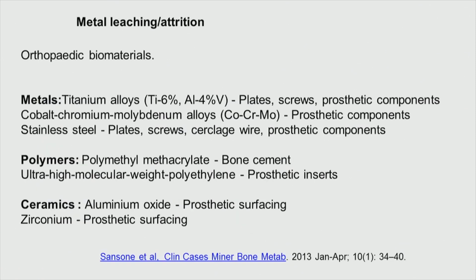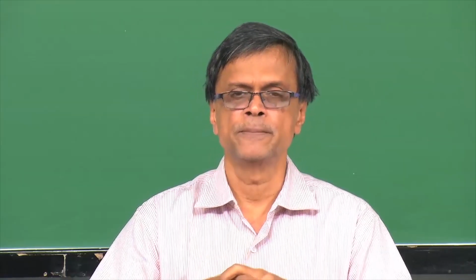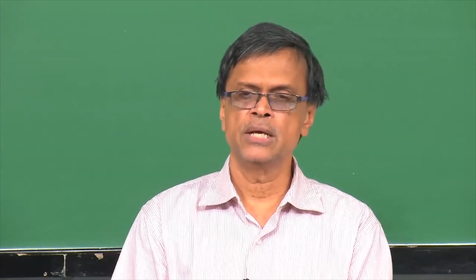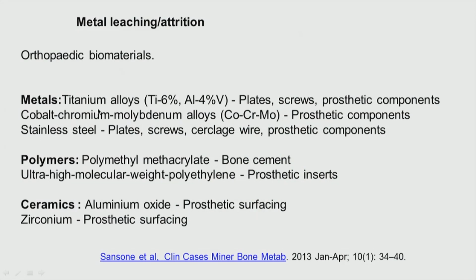Okay, then there is something called metal leaching, metal attrition, that is metal on metal joints. There are joints, there are metals and they start moving one on top of the other or one relative to the other. If there is going to be attrition, there could be metal leaching, okay, or sometimes debris leaching. This is a big problem in orthopedic biomaterials, knee joints, okay, especially there, because in orthopedics they use metals, titanium